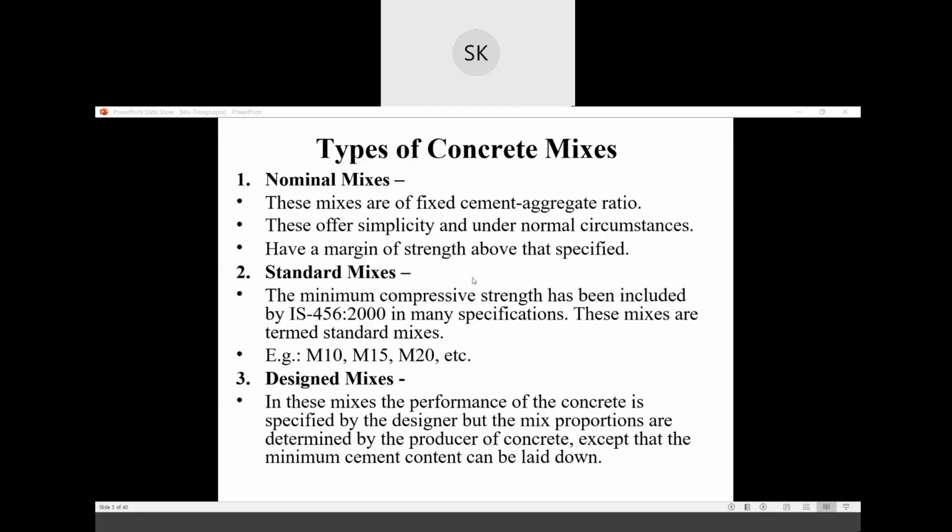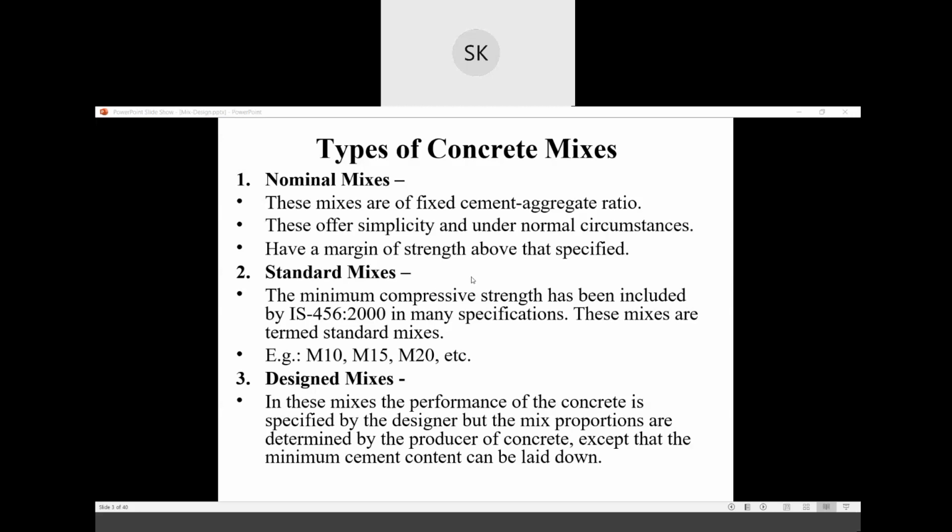Standard mixes are M5, M10, M15 till M20. At some places M25 is also taken as a standard mix, but by definition M25 and above are considered design mixes.